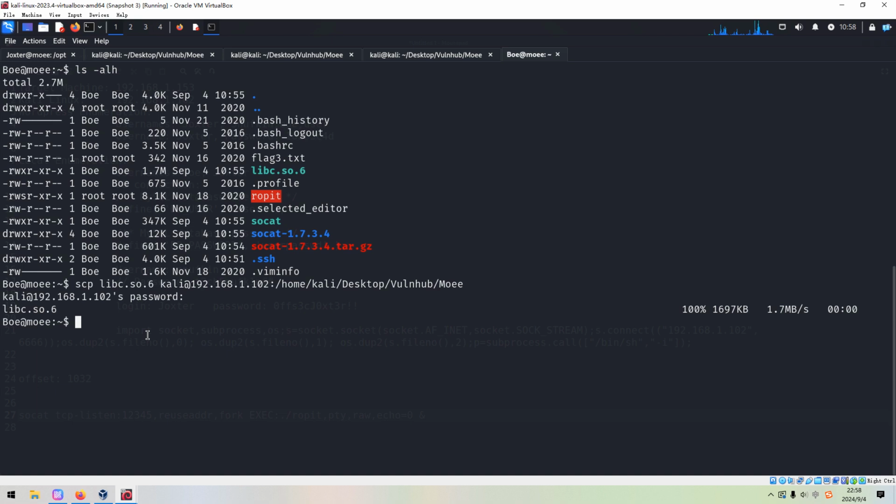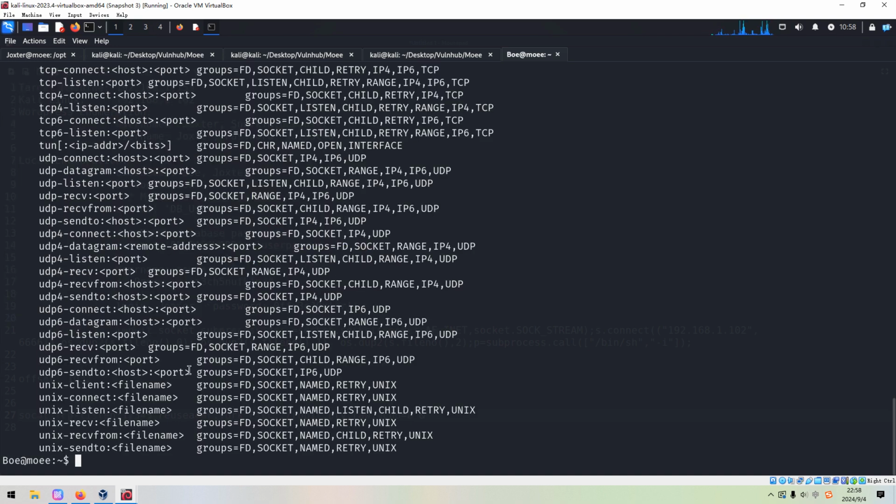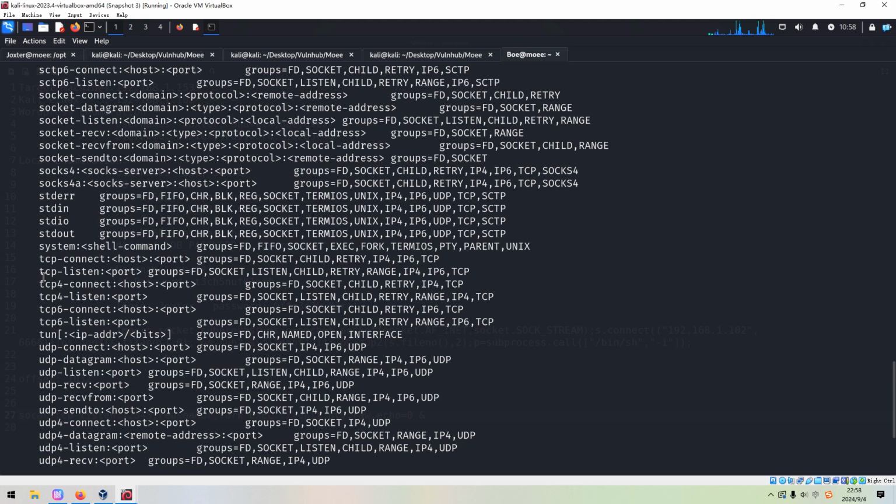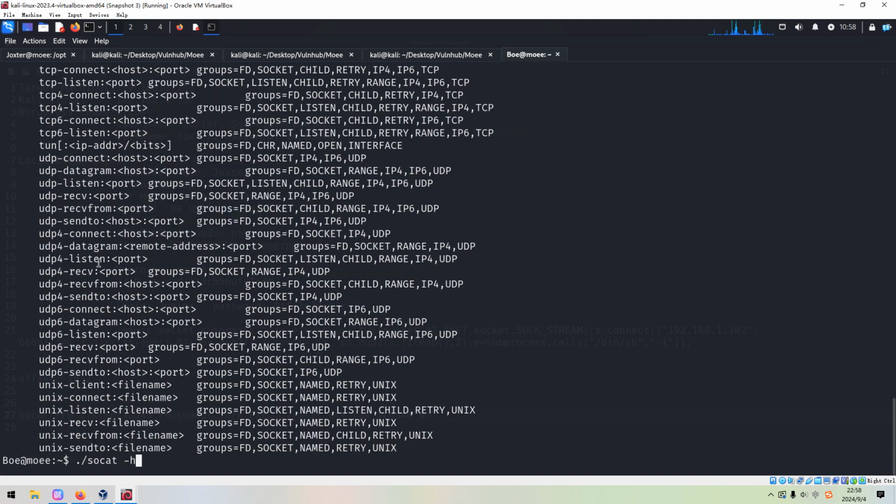We need to set up the port forwarding, the TCP. I can use this one, so this should be TCP-LISTEN, not this one, socat, and the TCP-LISTEN.